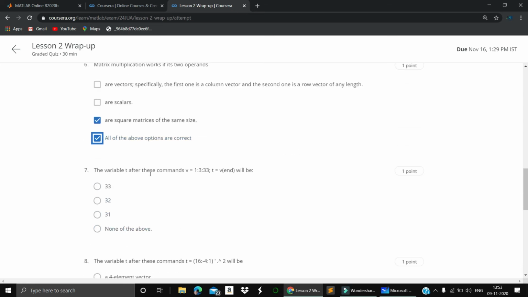The variable t after these commands: v is equal to 1 with increment of 3 up to 31. t is equal to v of n. What is the element?